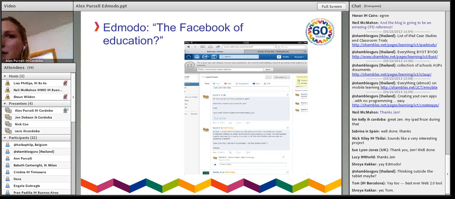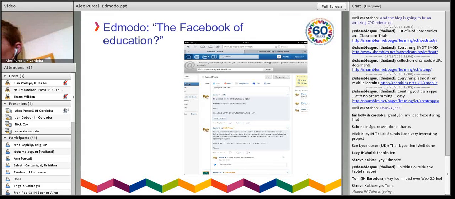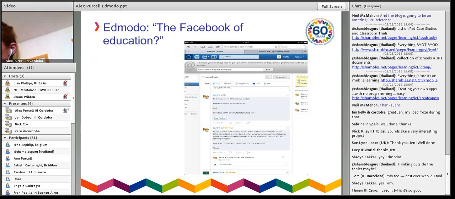I think this is a huge benefit, possibly in comparison to other similar apps, because of course these days everyone is familiar with Facebook. I was able to introduce Edmodo to my students and they just began to use it instinctively. So some of the similarities include being able to send messages, post links, write comments, but a really big difference is that it's safe, which is an extremely important point to consider, especially if you're thinking of using Edmodo